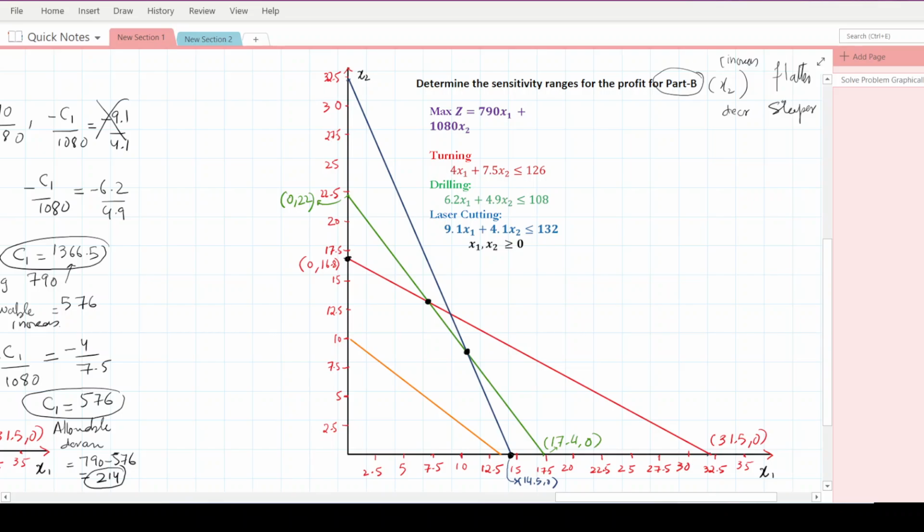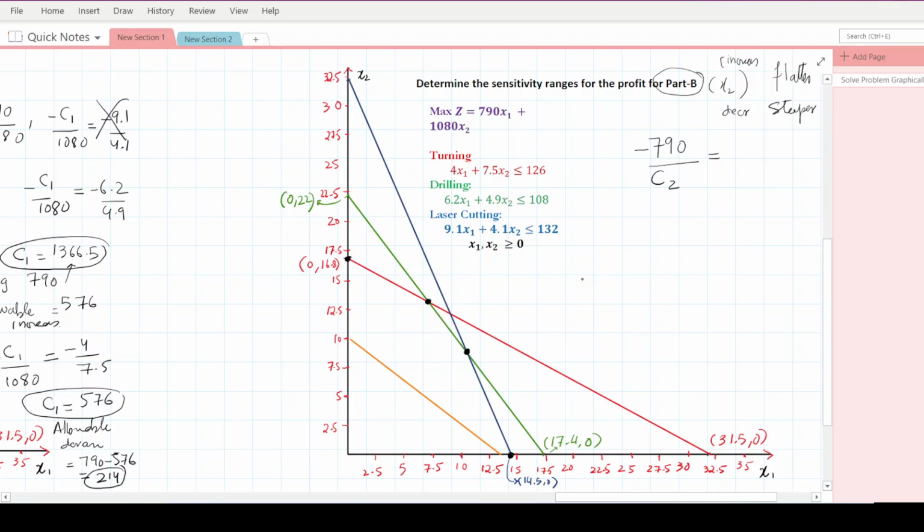Now these concepts have been discussed in detail in my previous videos, so you can always go back and watch them. So for doing the sensitivity analysis of part B, we are going to keep the 790 at its original value, and instead of 1080 we will write C2 now,